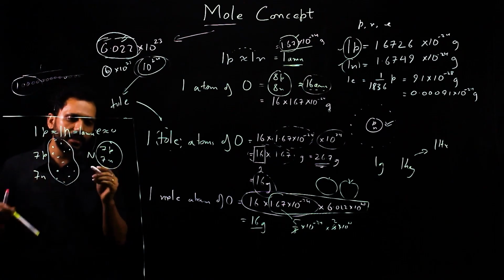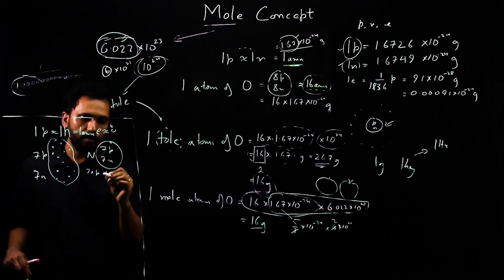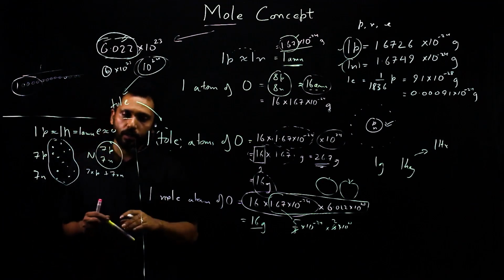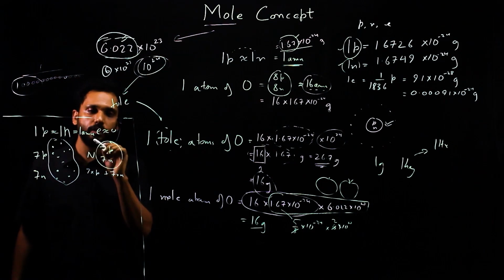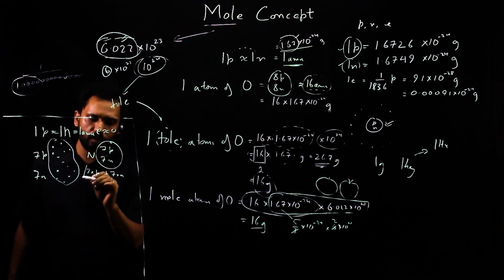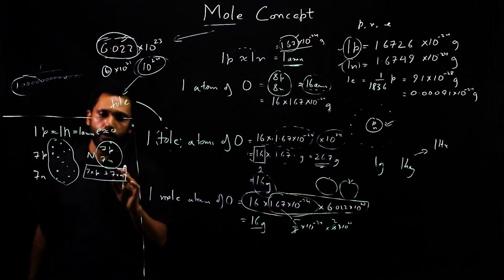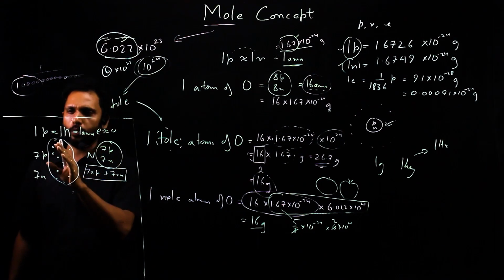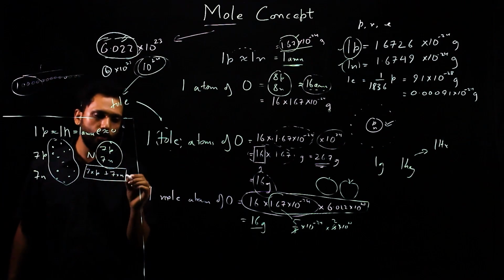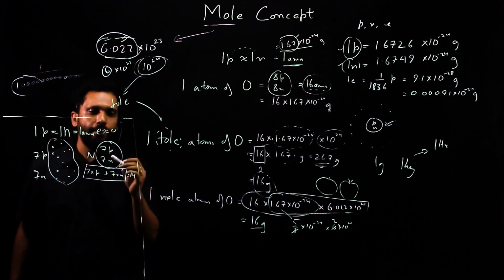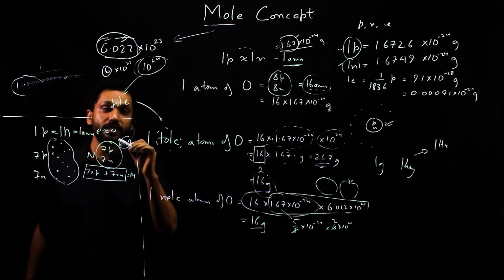It would be 7 times the mass of a proton, which is what is written over there precisely, plus 7 times the precise mass of a neutron. Now what is the expected mass of the nucleus of nitrogen? This would be the expected mass. But what's the actual mass? The mass comes less. You would expect, say 1 proton and 1 neutron were 1 AMU separate weights, so the answer would have been 14. Now, as a nucleus, the answer comes as 13.9 something something. It comes less than 14.